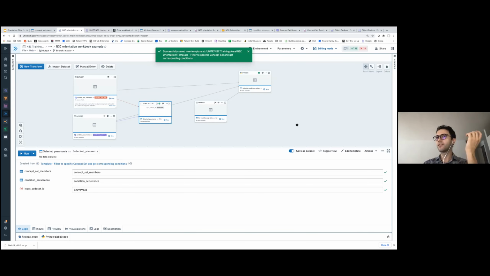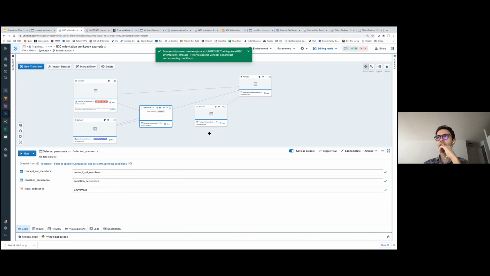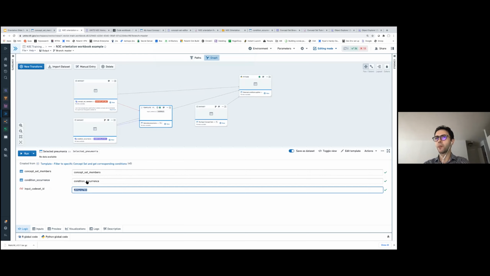So now that I've saved it, as you can see here, instead of code, you see an interface in which you can specify your inputs. In this template, I see that concept set members and condition are also inputs that you can change. If I want to make them fixed and allow the user to just change this parameter,